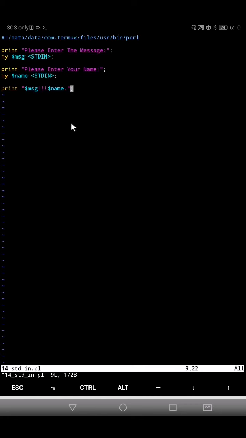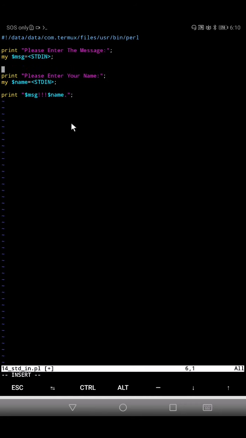So let's open this. After this standard in declaration of the variable, we need to use the command called chomp. Chomp $message, and here also we write chomp $name.